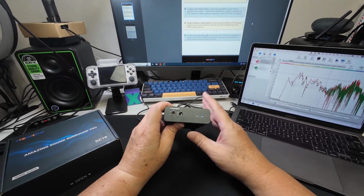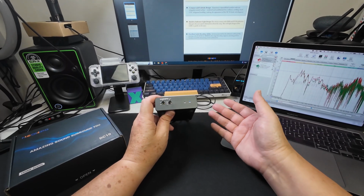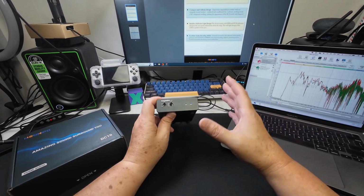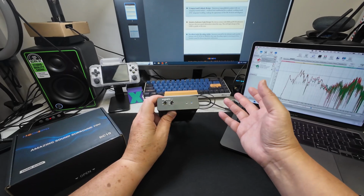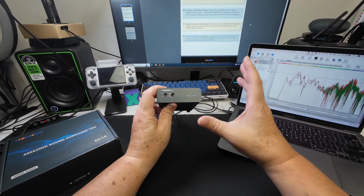Okay. Now let's talk about tone and timbre for this. This is more of a neutral tone, natural tone, and I would say it's not really warm. It's quite light in the note weight, and lean as well. So I would say this is more